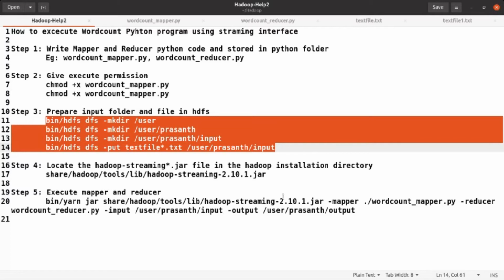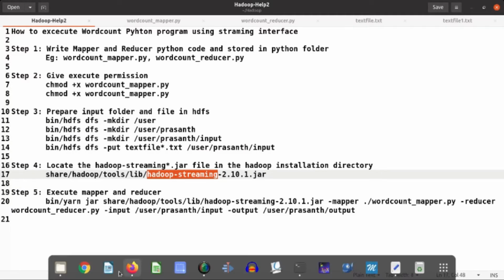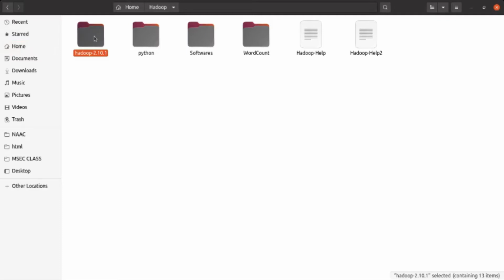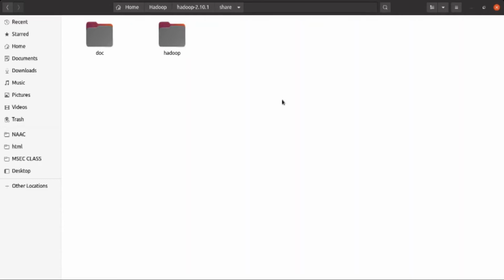The next step is to identify where the Hadoop streaming interface is available. It's a jar file, available in the installation directory of our Hadoop cluster. In the home folder there is a Hadoop folder, which is the installation directory of Hadoop, and I will verify where the file is located.